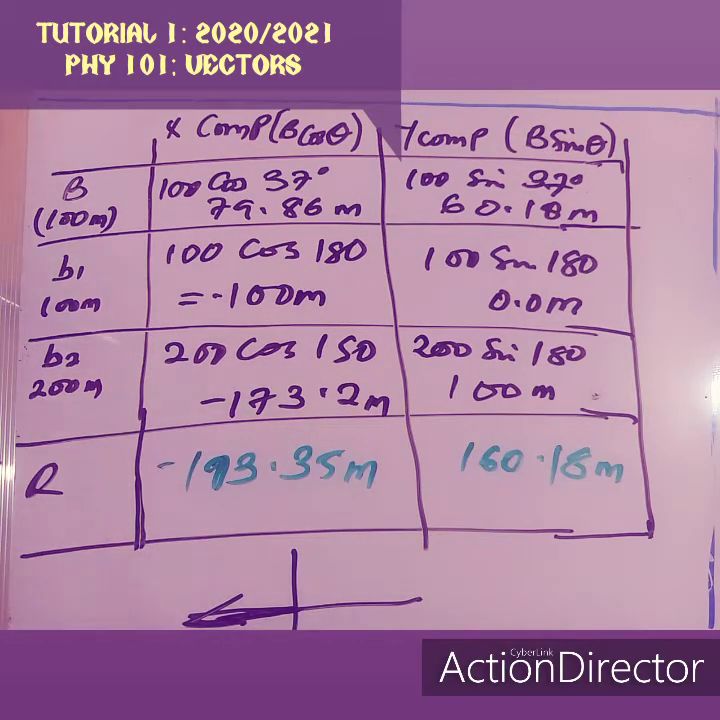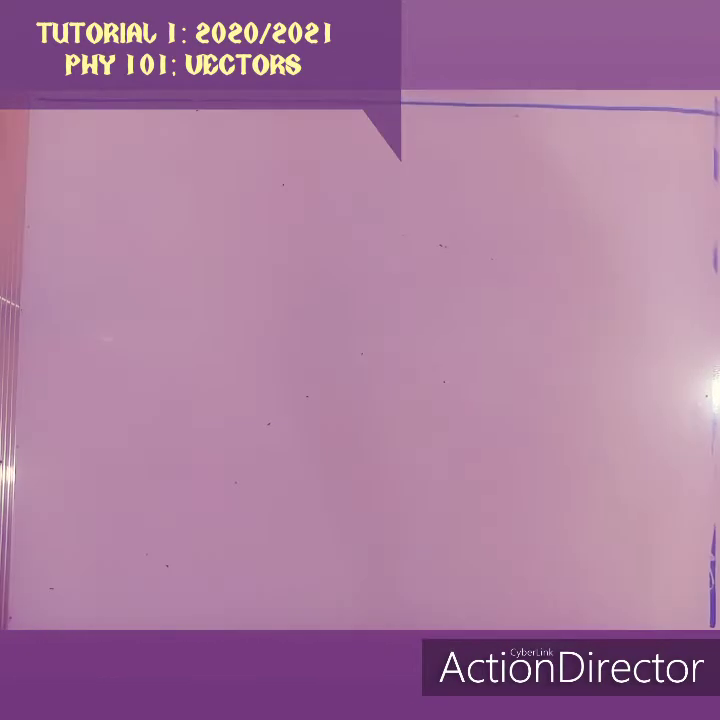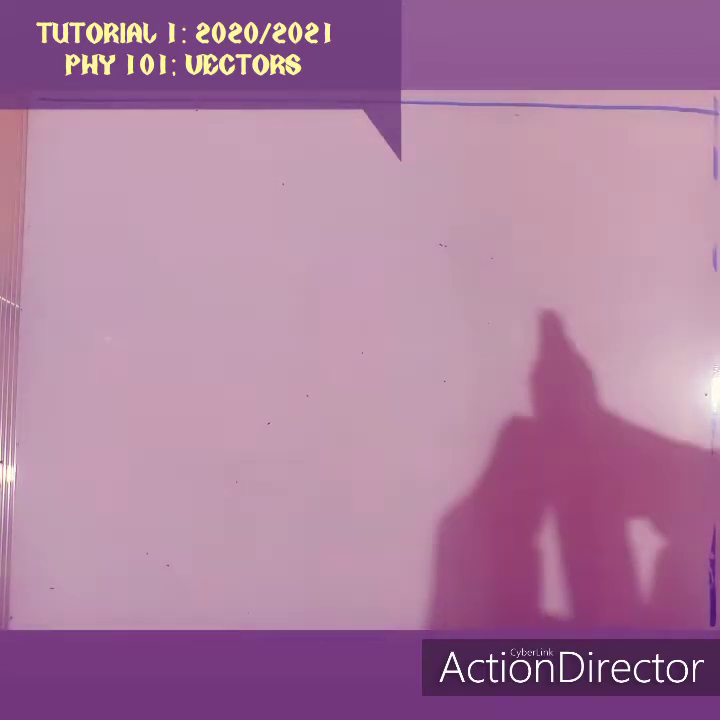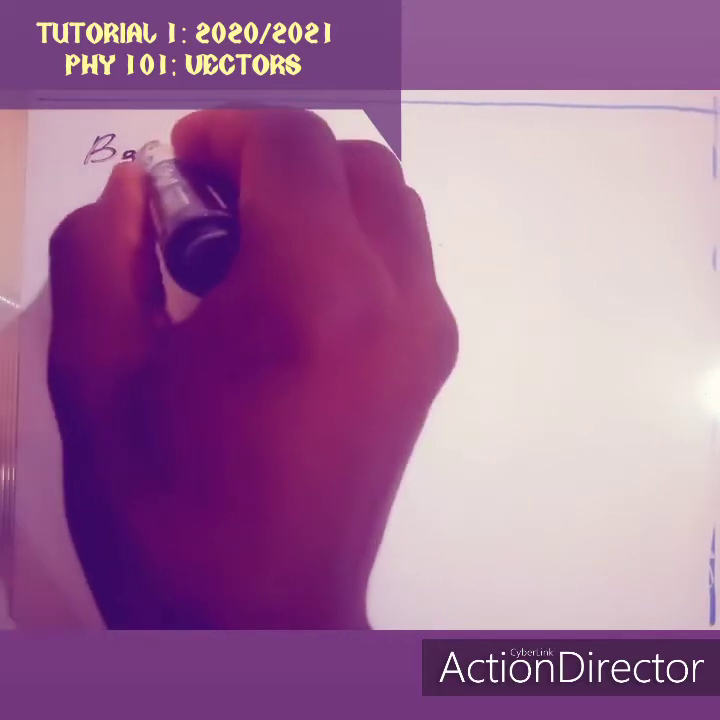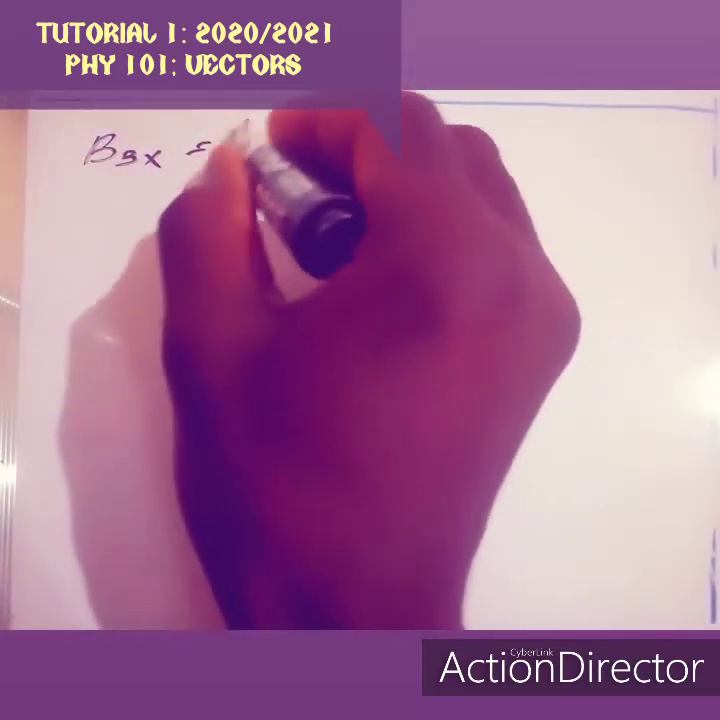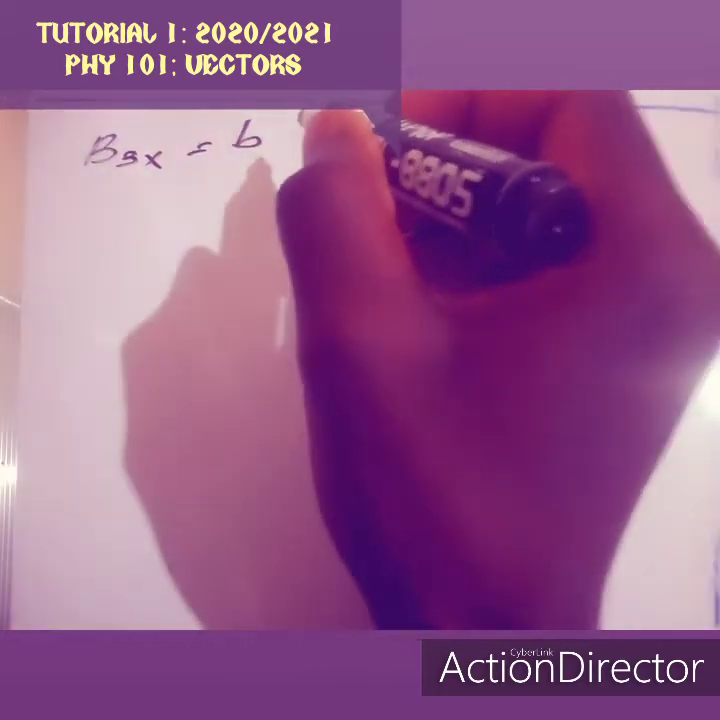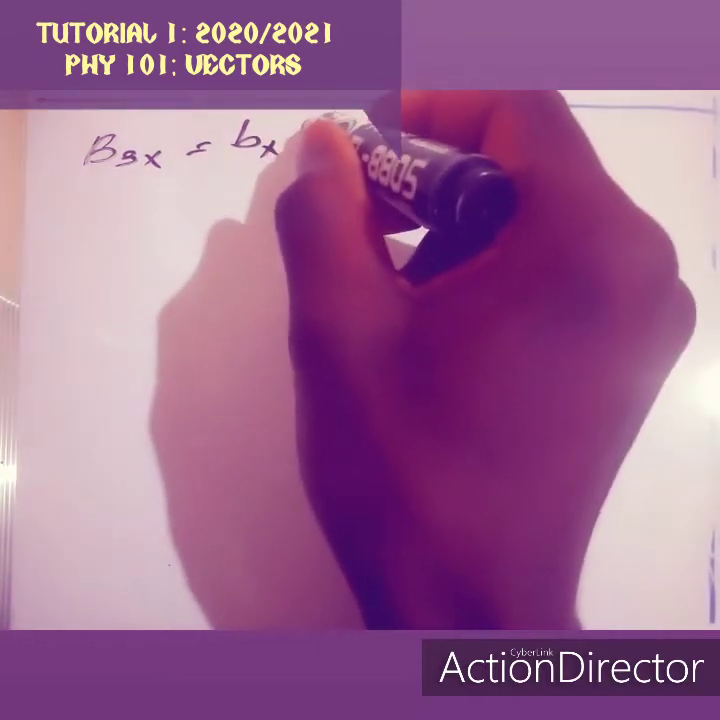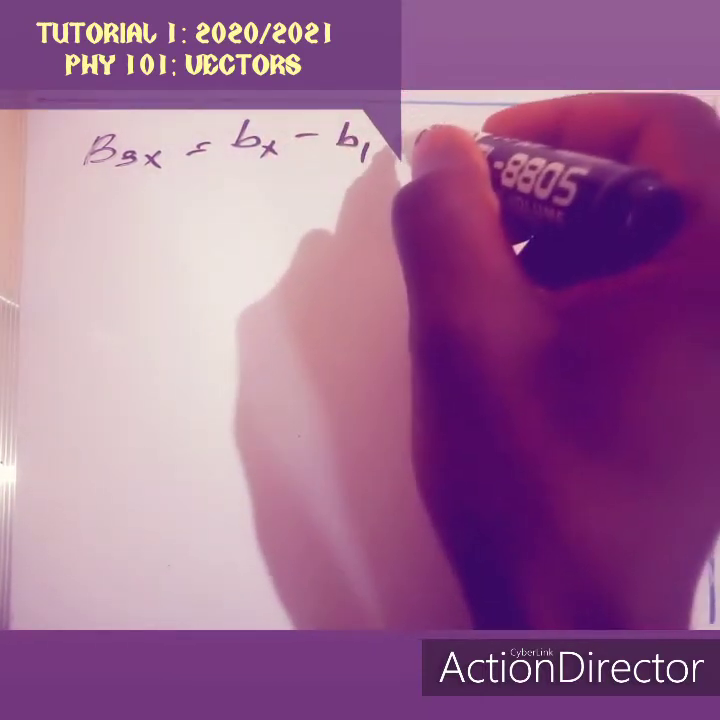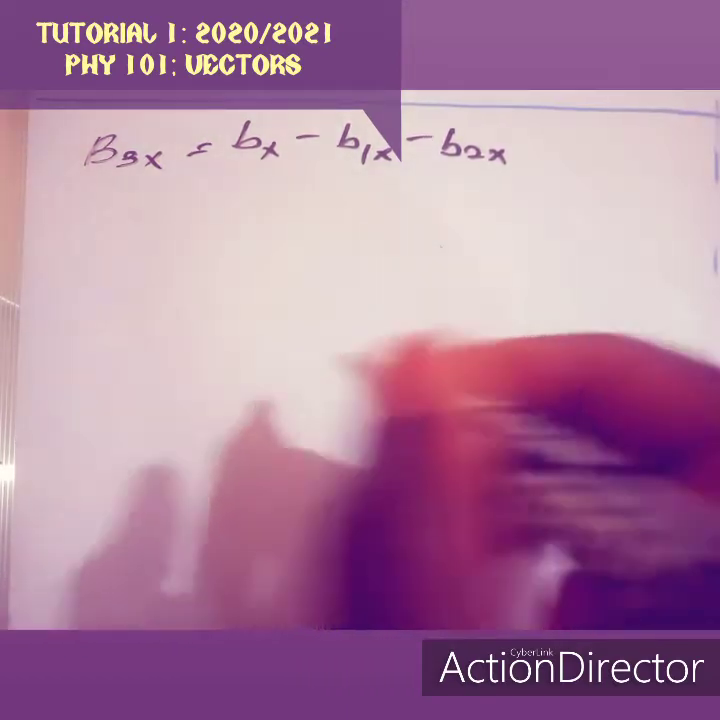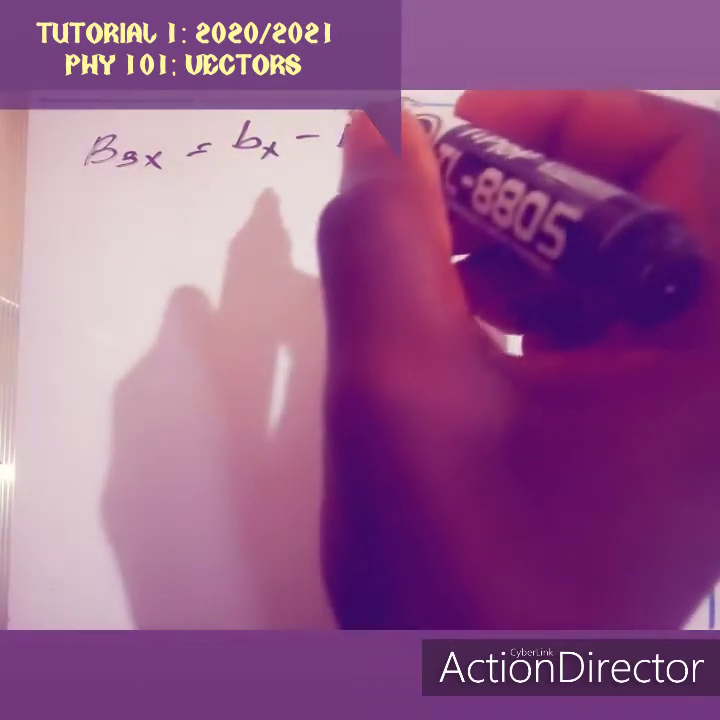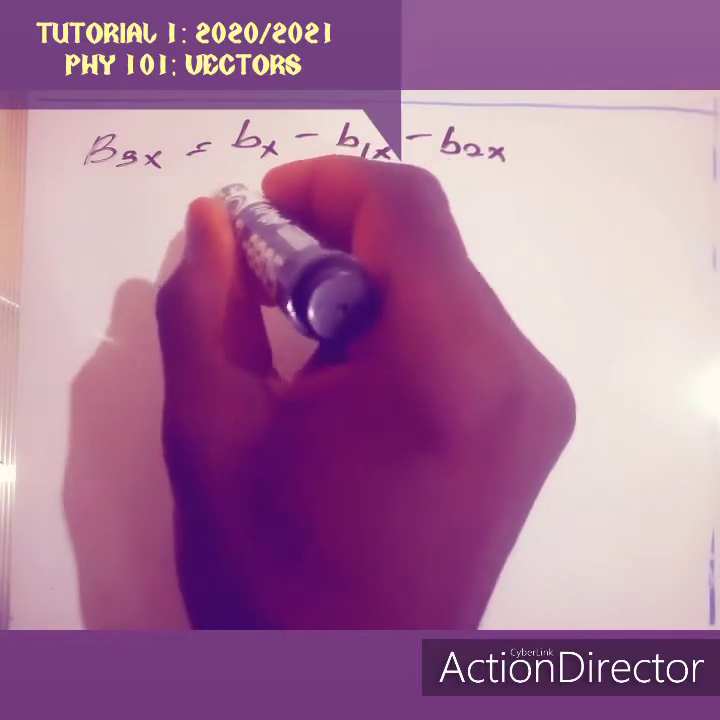Okay. Now, what do you do? After having that, take note of the figures. You start with the B3 of x. B3 of x will be equal to B of x minus B1 of x minus B2 of x. If we input in there, we have